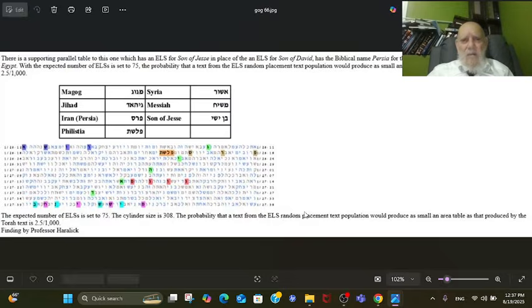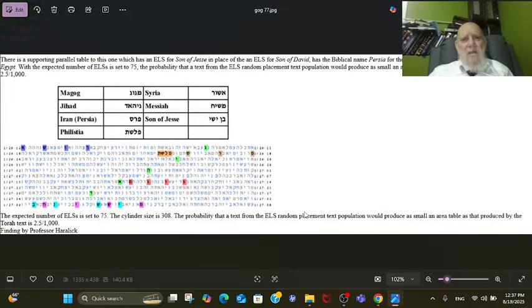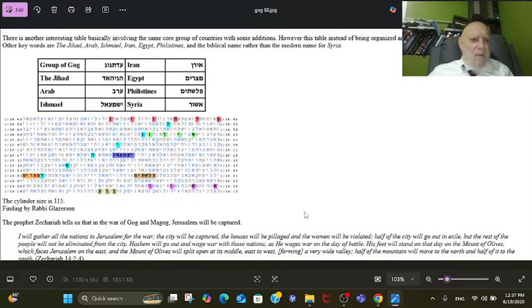Then you have more. This is the nations of Gog Magog, Jihad, and all this. Then you have more. This is interesting of mine. I found an amazing expression, the group of Gog. This is an amazing addition to know exactly where the Gog are.